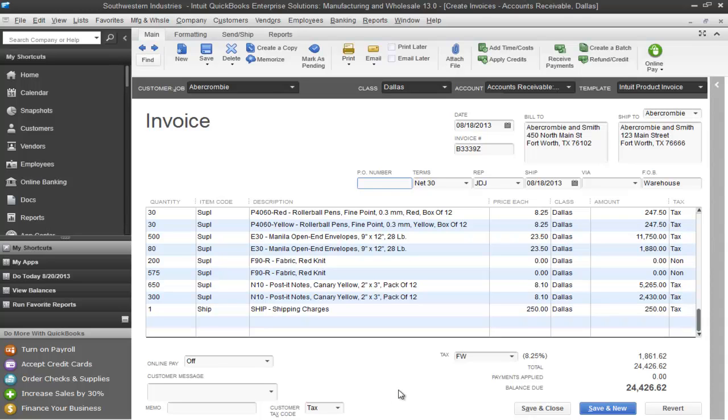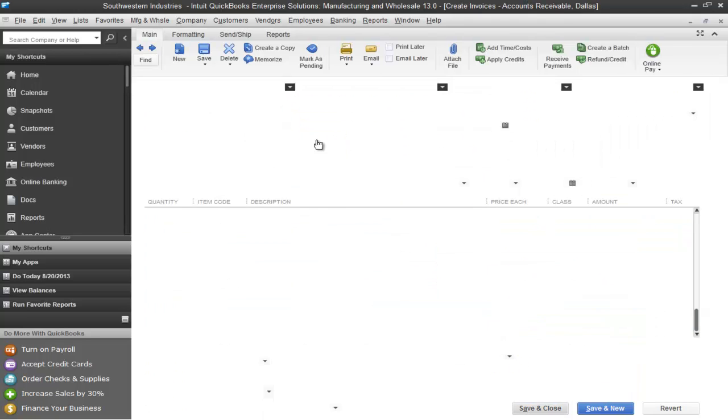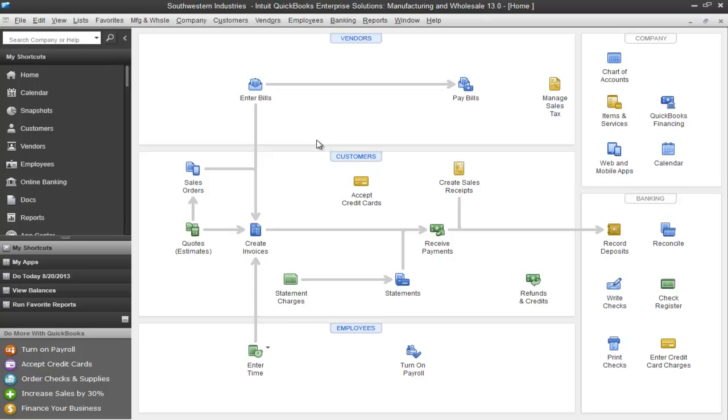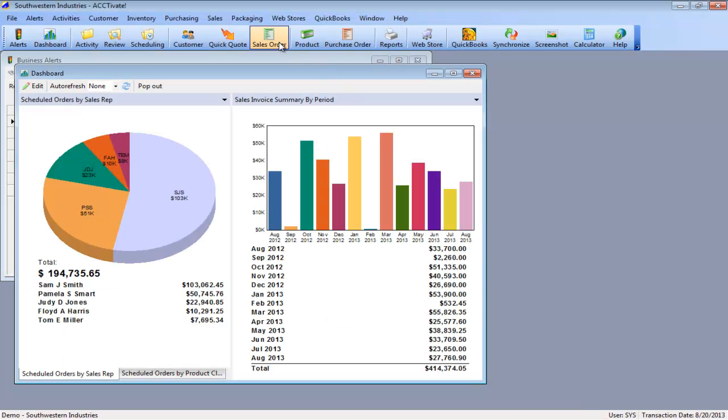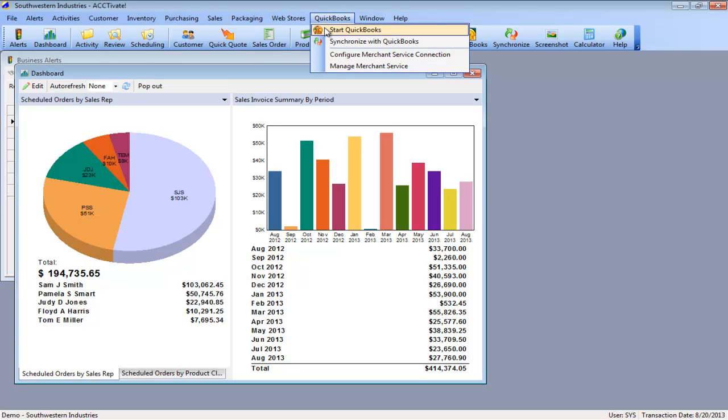But I do want to show you the scenario that I warned about, which is changing any information on the inventory invoice in QuickBooks. So I have a shipping charge here that's $250. Well, that was a mistake. It should have been $200. So of course, QuickBooks doesn't have any way to block or add business rules from Activate. So when I make a change to that invoice, Intuit's going to let you do it. So I just reduced our invoice by $50. I can hit save, and that's it. It goes away, it's saved. Now, if I go back to the invoice in Activate, that same invoice is going to be for the original $250. So if we run another synchronization,